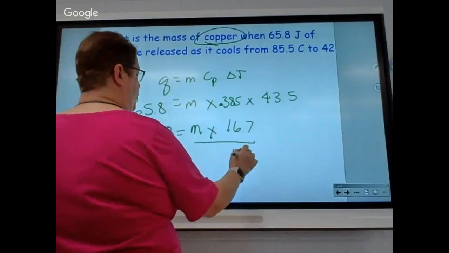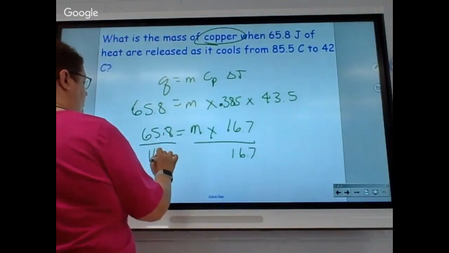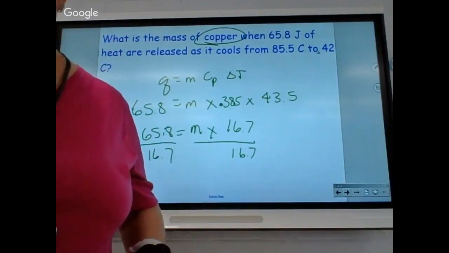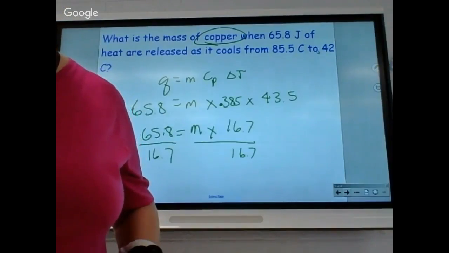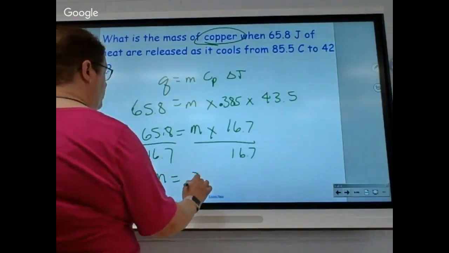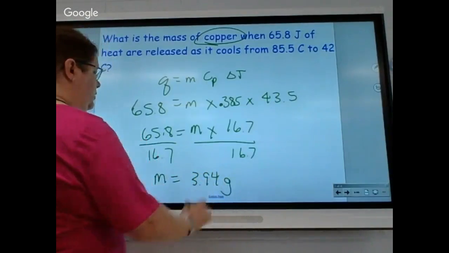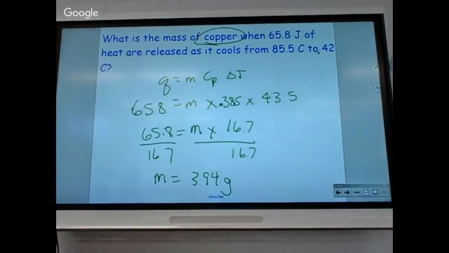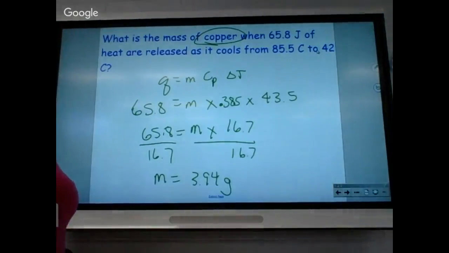Divide by 16.7. So 65.8. Divide by 16.7. I got 3.94. Did y'all get that? Close enough? Yeah. I rounded off. Yes. I divided it by